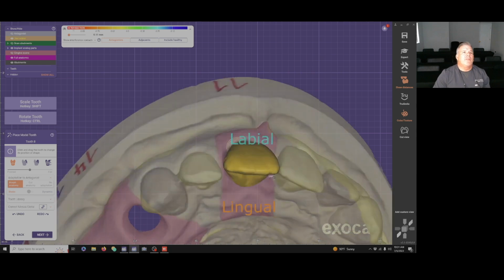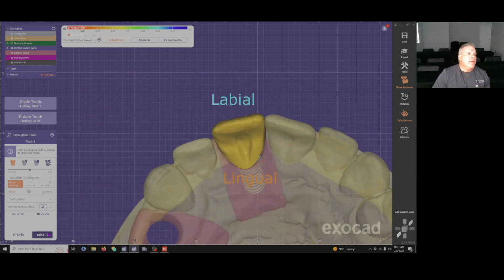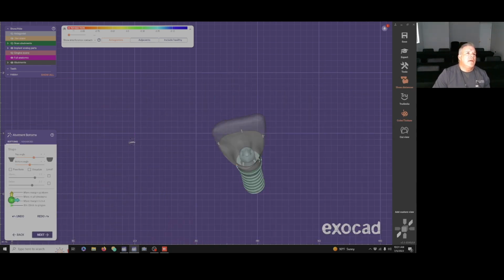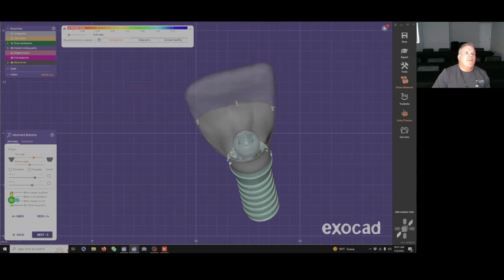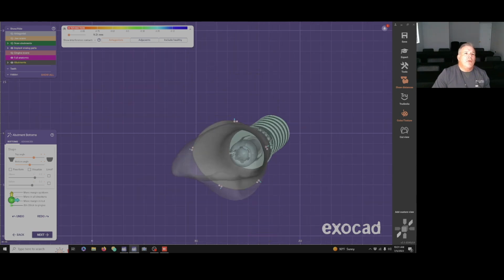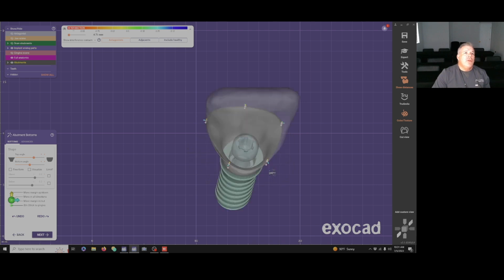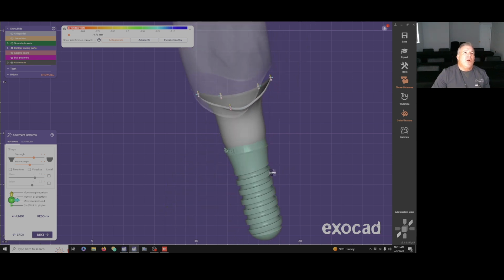Okay, that's matching the other side a little bit better. So I like that. Let me go next. Now it's the abutment bottom. So I can line up the abutment bottom a little bit closer to the crown, which I like. You can also, if you go on